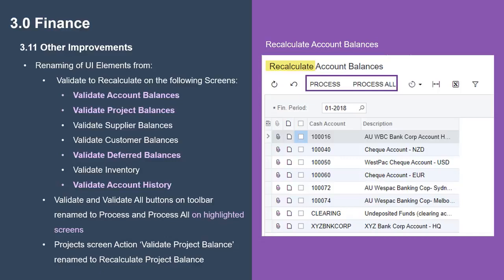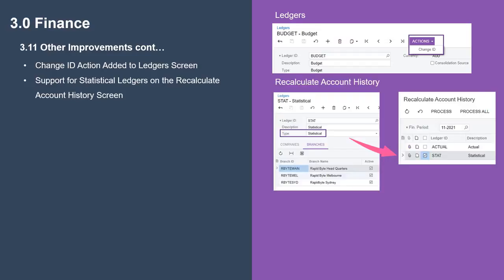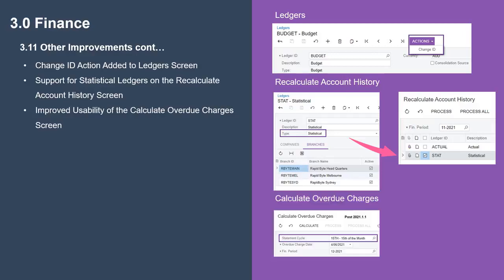And the project screen action Validate Project Balance has been renamed to Recalculate Project Balance. A Change ID action has been added to the Ledgers screen. You can now recalculate account history for statistical ledgers. The statement cycle has been moved to sit above the overdue charge date field, so any change does not reset